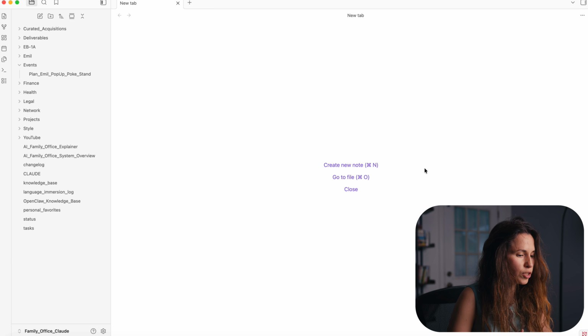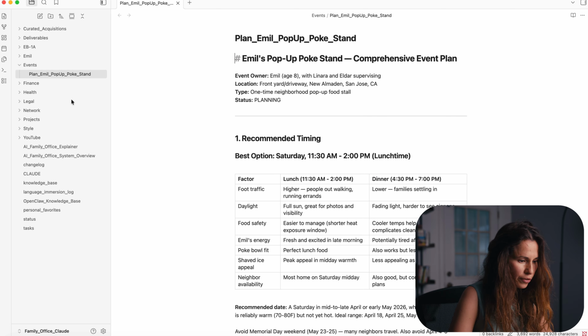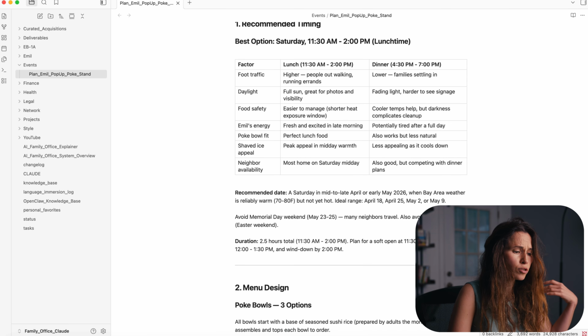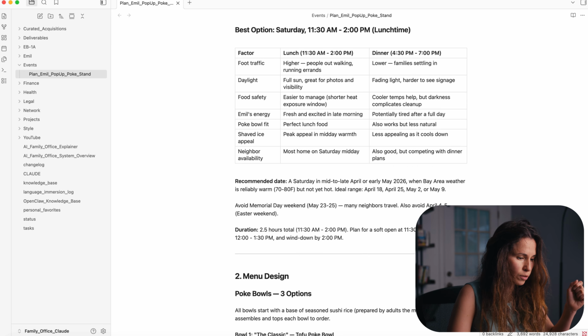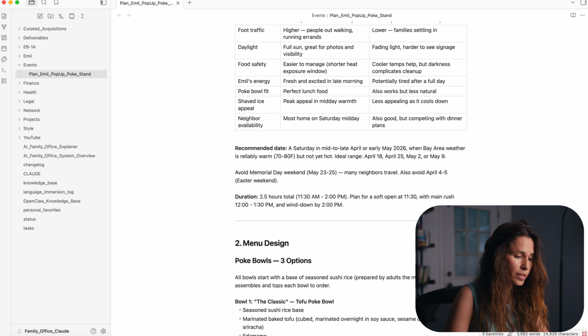Obsidian is a knowledge environment built around Markdown from the ground up. It treats any folder on your computer as a vault. It reads every Markdown file in that folder and renders them with proper typography, real headings, real tables, real lists, clickable internal links. It does not store anything in the cloud unless you explicitly enable sync. The files live on your disk. Obsidian is a very good window into them, and it is free for personal use.